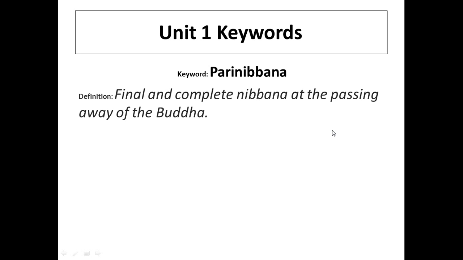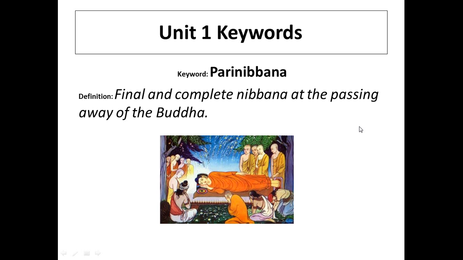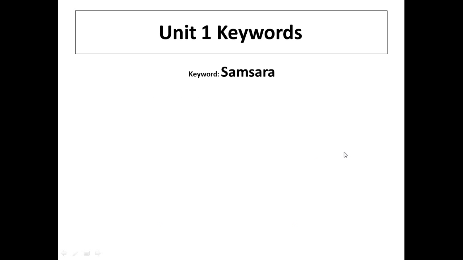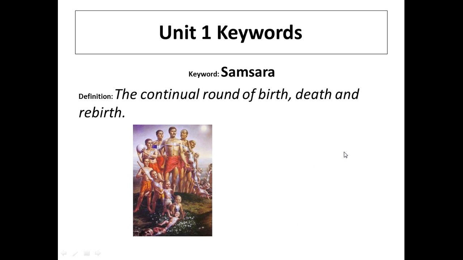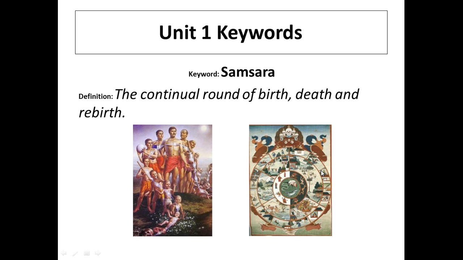Parinibbana, what does that mean? The final and complete nibbana at the passing away of the Buddha's death in other words, and here is an image of the Buddha's death. This is the position in which he is supposed to have died. Samsara, the continual round of birth, death and rebirth. Here is somebody being reincarnated here, and we've got the wheel of existence over here to try and help you